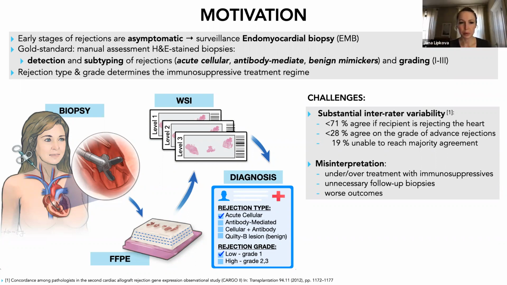So there are multiple reasons. One, because they really look like rejection, so you want to keep track of whether this patient had a Quilty B lesion or not. The other is that it's still an abnormal finding, and there is a lot of debate, and it's not really understood yet if it has some consequences or not. But at the moment, it's not treated, but it's not a normal condition, so it's still reported. Did it answer your question?